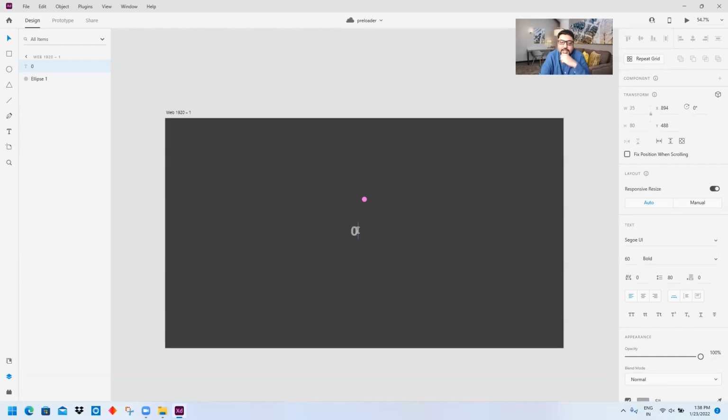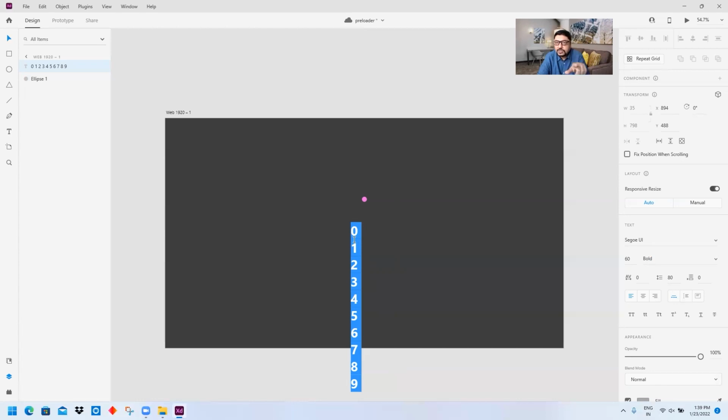So I will just go on typing like this: 0, 1, 2, 3, 4, 5, 6, 7, 8, and 9. Perfect. I will select all this and press Control C to copy it to my clipboard. Why we are doing this, we'll come to know very soon.